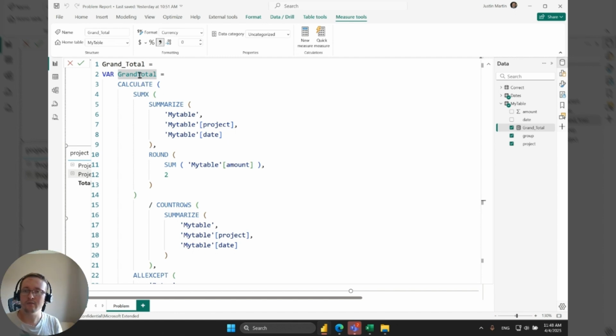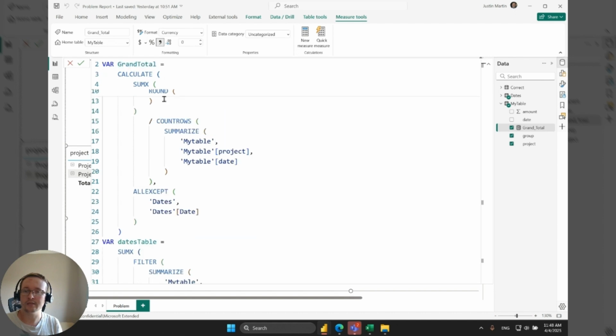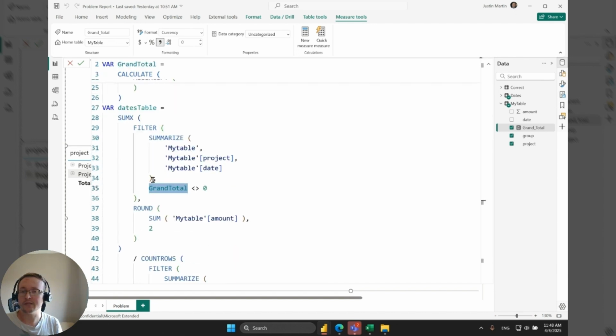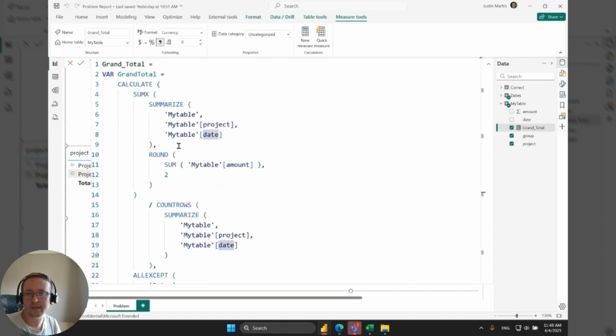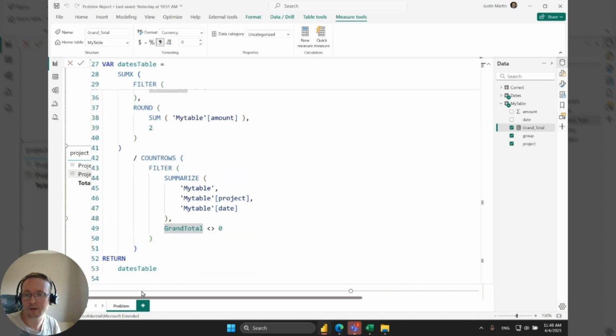So even though the original poster is calling or referencing this variable as they're iterating over this project and date combination table, where it's not equal to 0, that value is never changing. So if we take this grand total row and we return here and see what it produces,